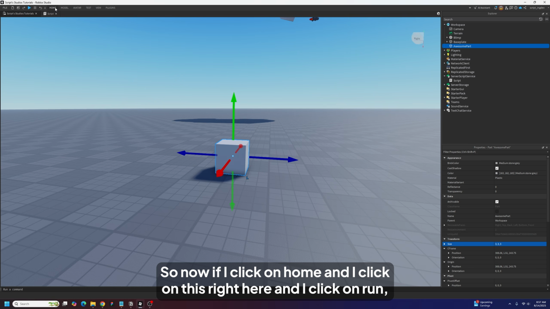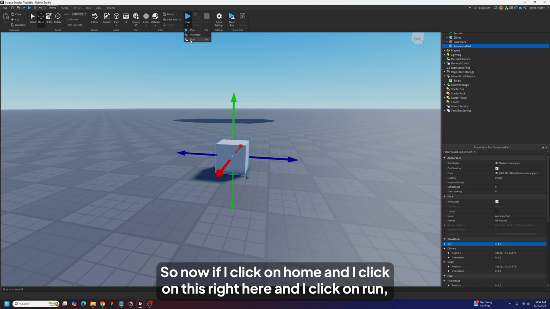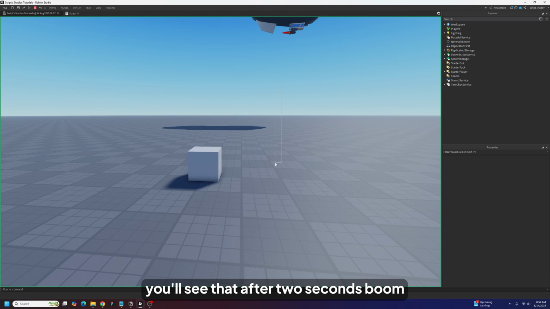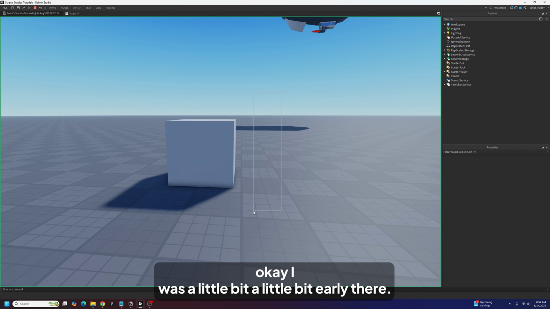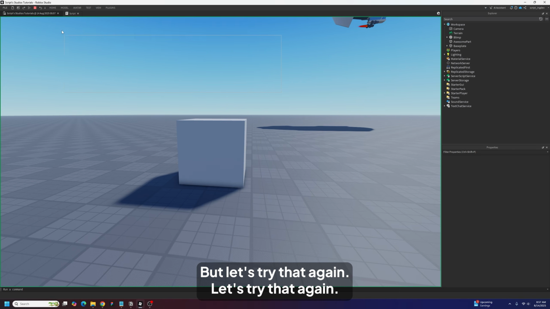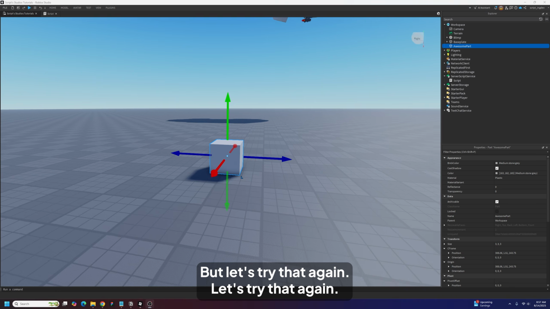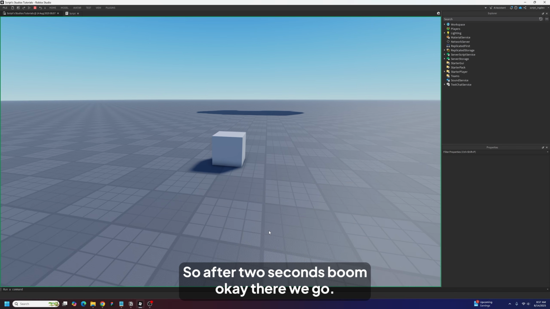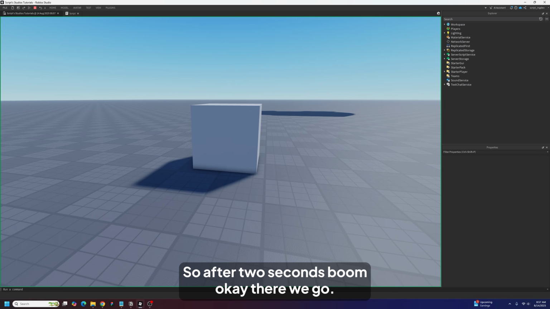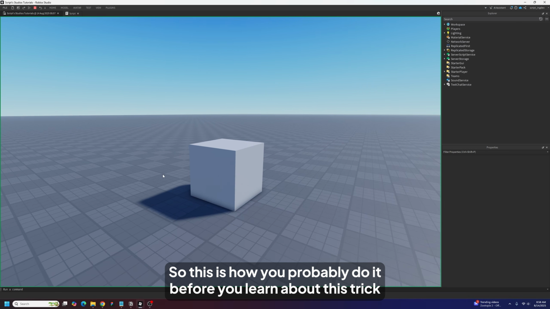So now if I click on home and I click on this right here and I click on run, you'll see that after 2 seconds, boom. Okay, I was a little bit early there, but let's try that again. All right, so after 2 seconds, boom. Okay, there we go. All right, so this is how you'd probably do it before you learn about this trick